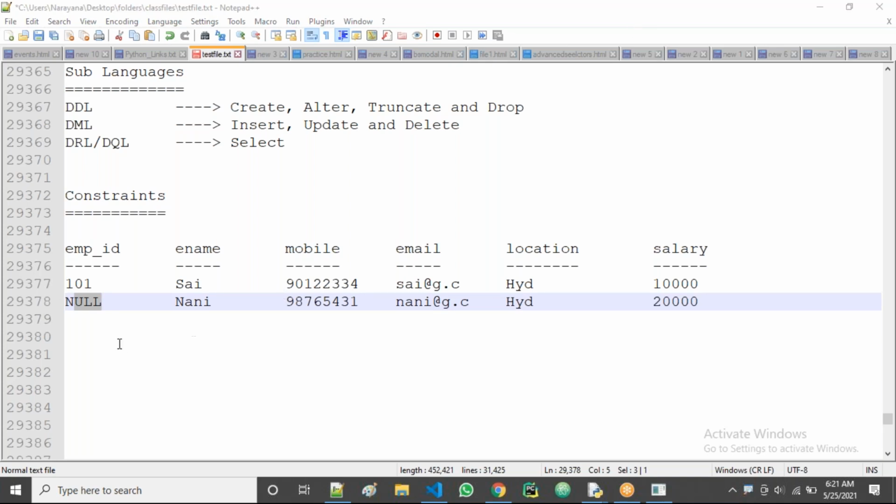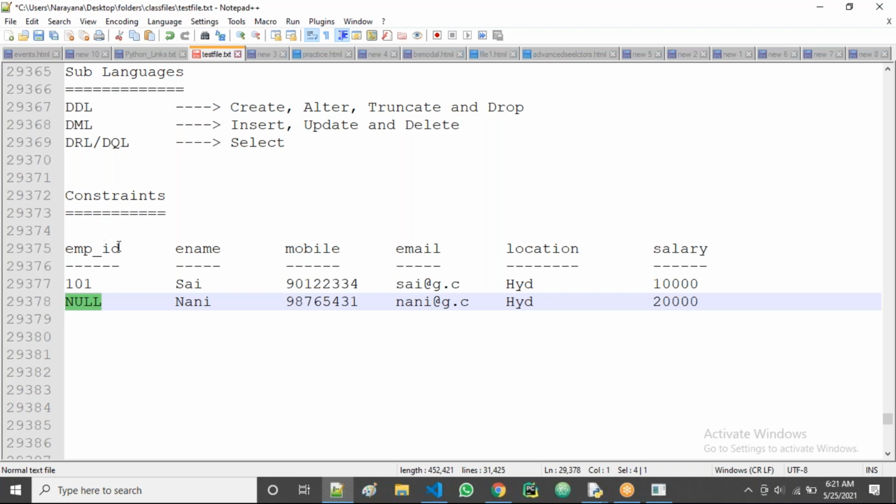Not null, guys. Here, null should not be there. For name, you can give a null value, or for mobile number, you can leave it, guys. But for employee ID, you should not allow null values.